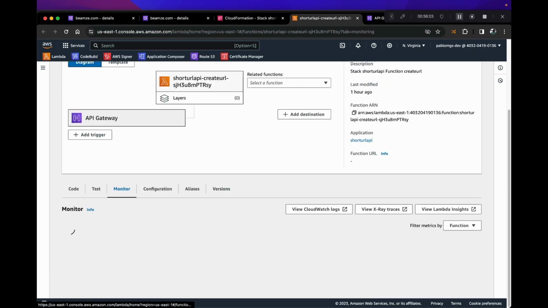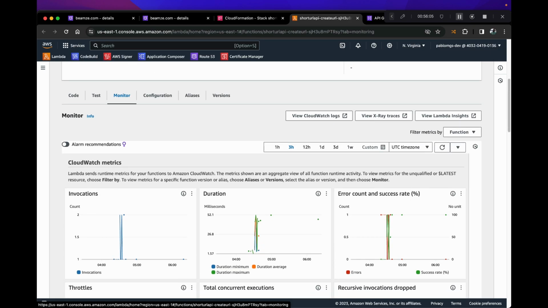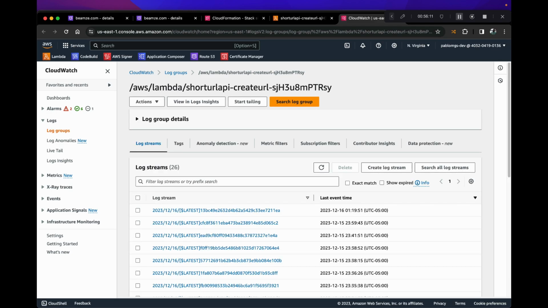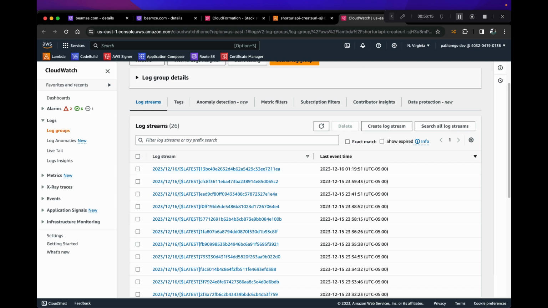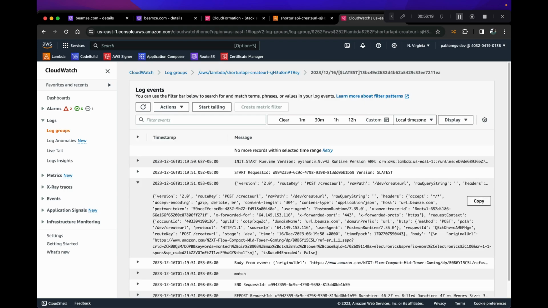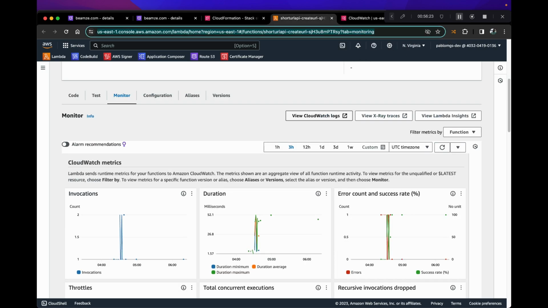Let's go to monitor. And I'm just going to open CloudWatch. So there's a few other properties we can set or look at to make sure we're running locally, we're running our dev version versus production. So if we open up our JSON there,